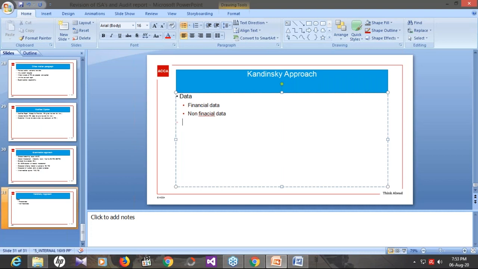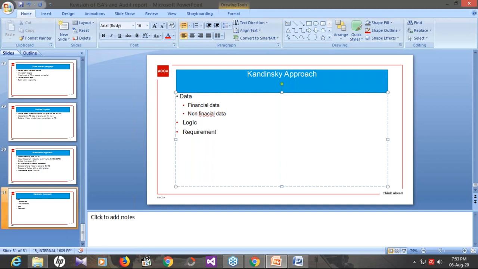When you have written data from the question, then there is a logic that should be used, and that logic will be linked with the requirement. So you know what the requirement is. You have to identify and explain the factors that cast doubt on the assumptions of the going concern of the company. So you have to link everything to the going concern cash flow problem. So this is the main technique that should be used.